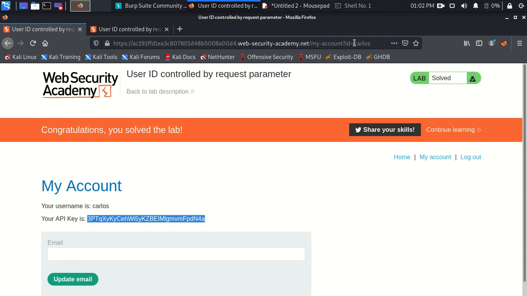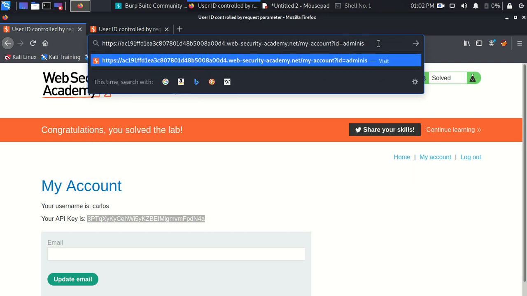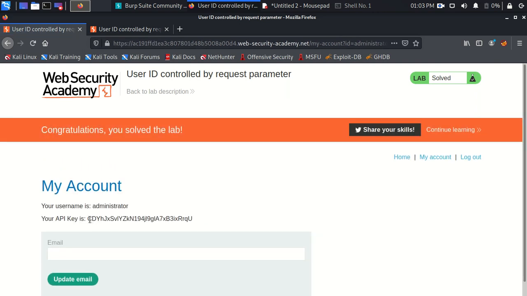As I mentioned before, in horizontal escalation you may escalate privileges to the same level as another user, and you can also go to a higher level user, but you will get the same resources. So this time I'm going to access the administrator, and see, I got the API key for the administrator.